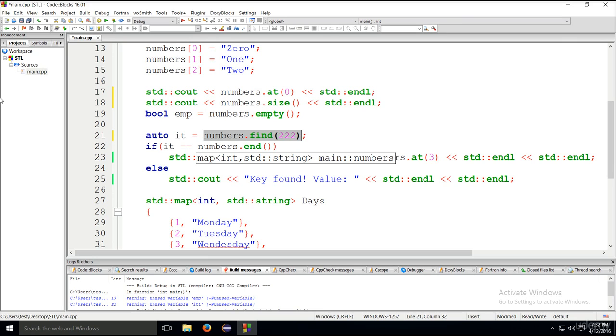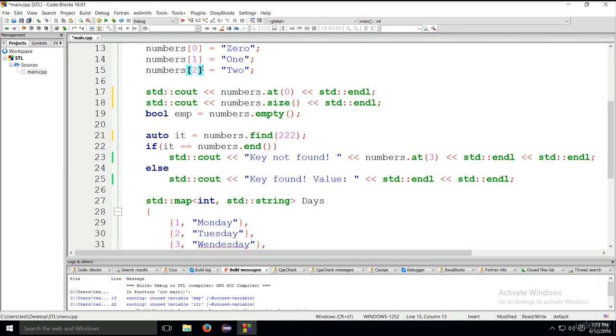So let's say that the last element here is 0, 1, 2, and then 3. The iterator that it would return would most likely be 3. So it's 0, 1, 2, and then 3 would be the iterator after the last one,